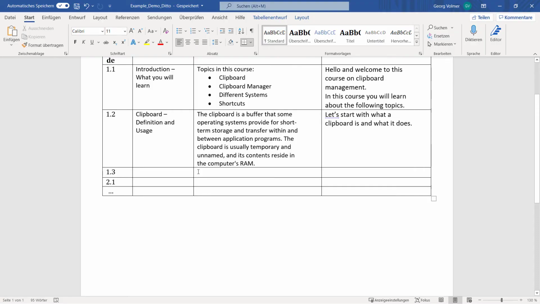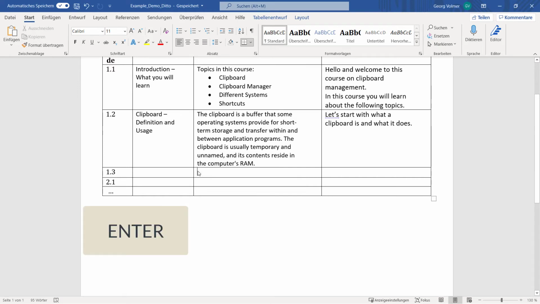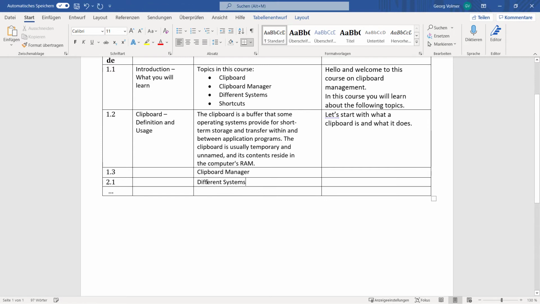The next time you need to paste something you have copied earlier, just use your shortcut and choose from the list with your arrow keys and hit Enter. Note that you can also use the numbers from 1 to 0 for the first 10 entries in the list.